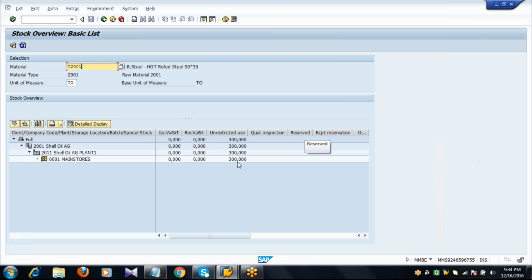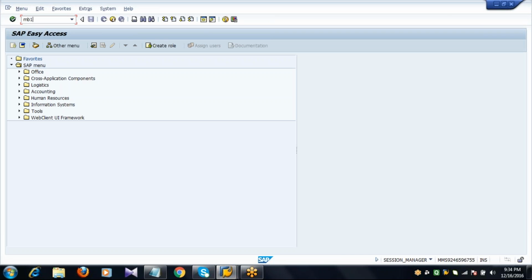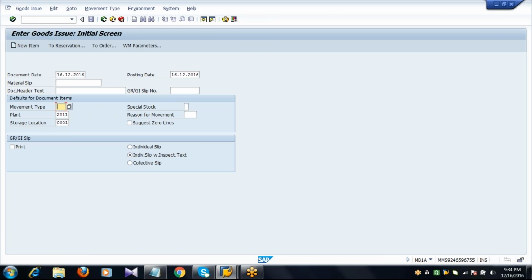Now here, if I go to stock overview MMBE, the stock of this material is now 300. Now I'll open another screen and create a goods issue with MB1A. From stores, if you want to issue the goods to a particular cost center,